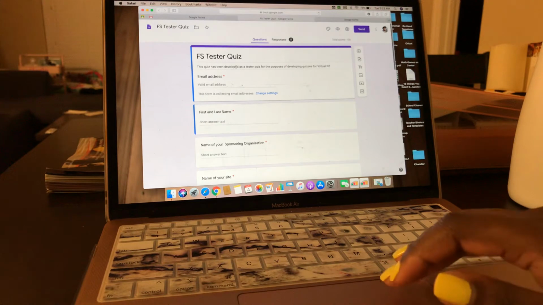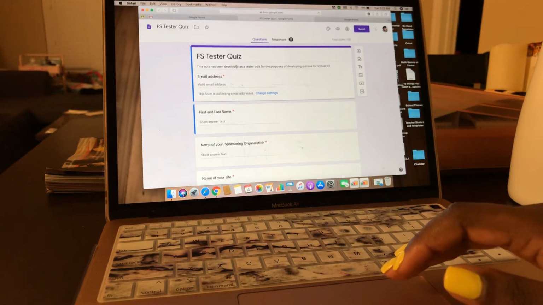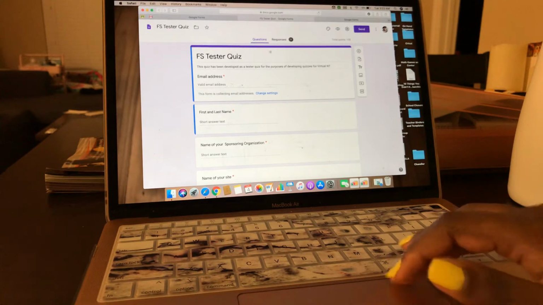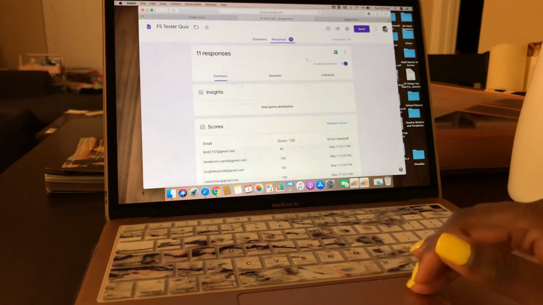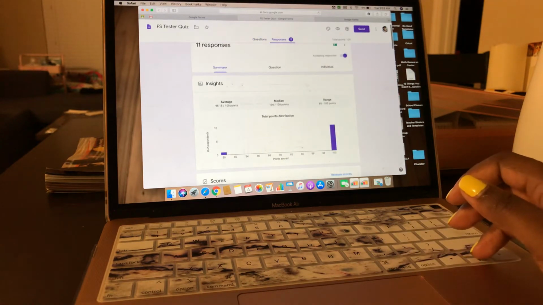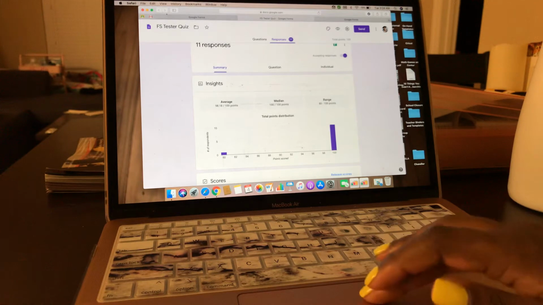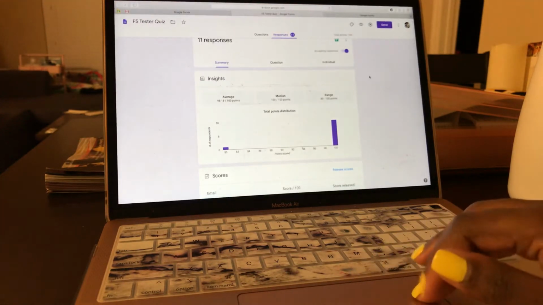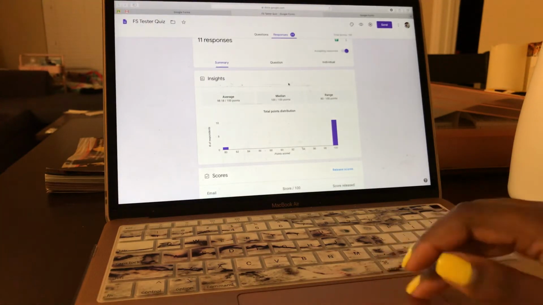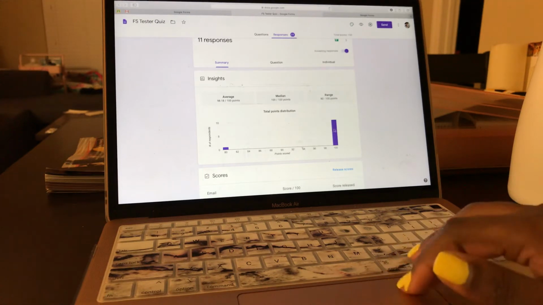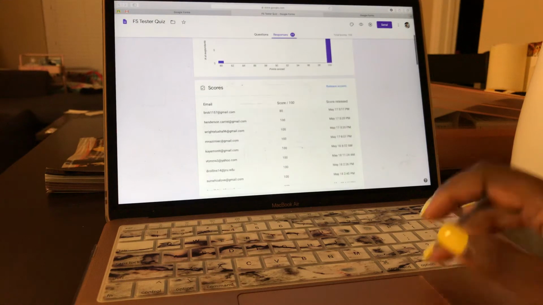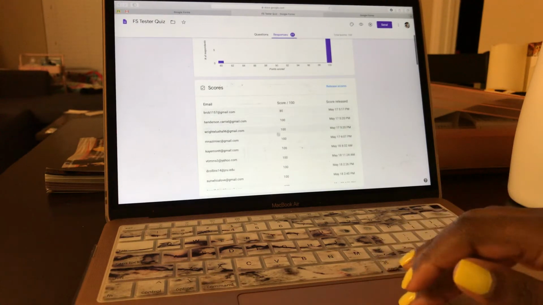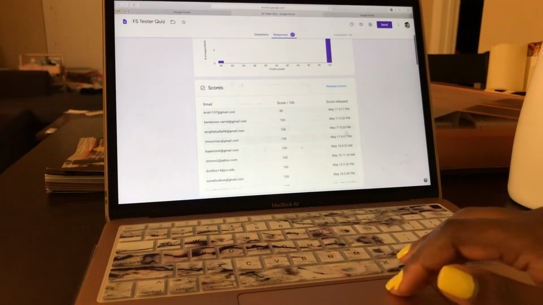Then one thing that I really love about Google, I did this in Google Forms if I did not already state that, is that up here at the top, it says responses. So I can get a summary of everybody's response who completed the quiz. I can do the summary in a couple different ways. It gives you the summary, a graph, and all the data points for that. And then you can go down and see the scores,